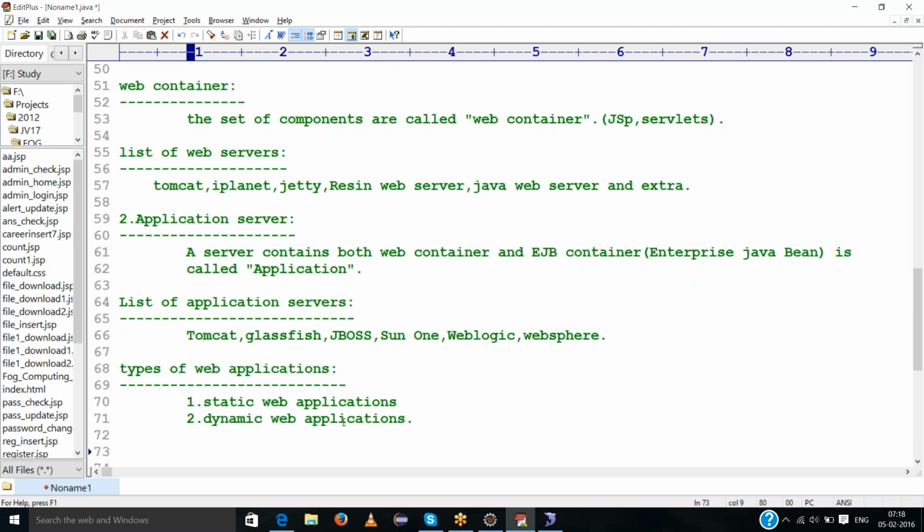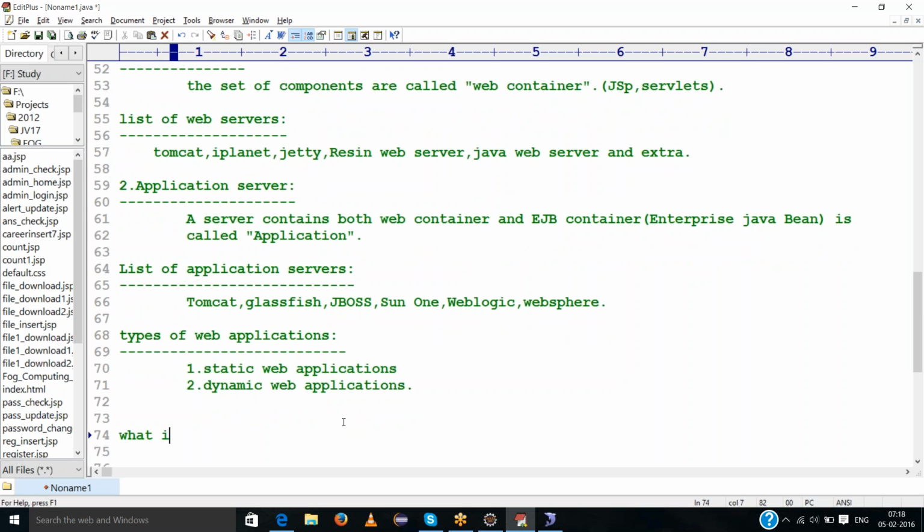Okay. That is the types of web applications. And what is the life cycle of servlets?